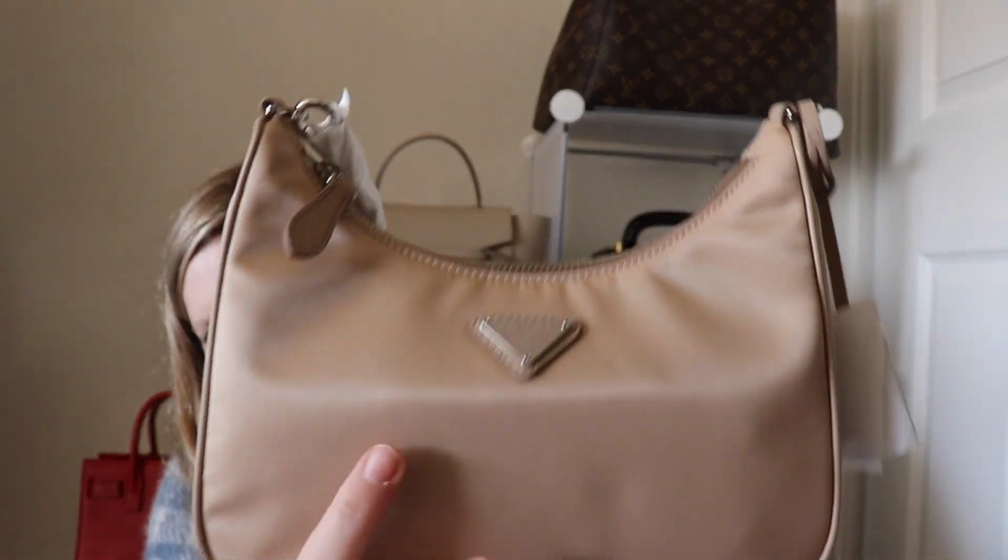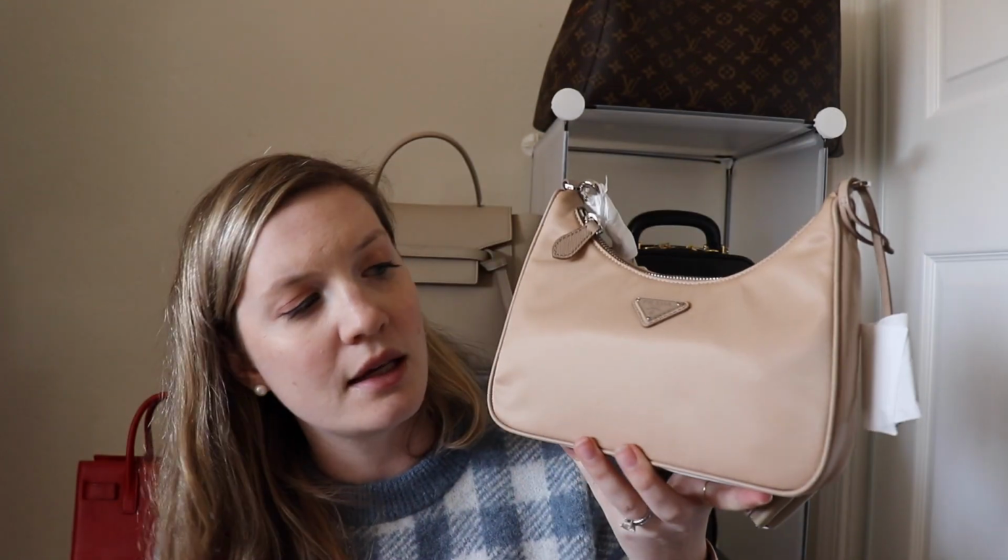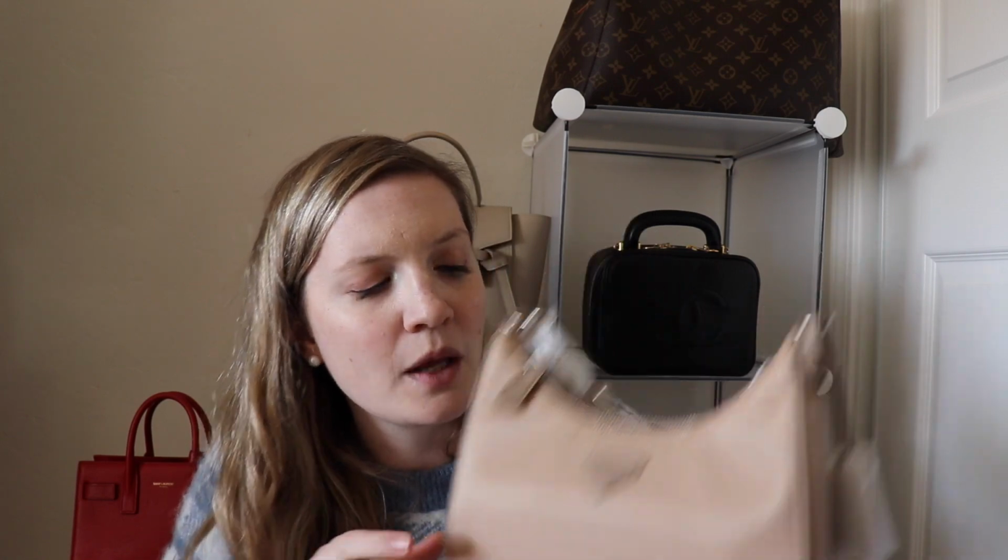So I got the Prada Re-edition in the beige color, and it does have silver hardware. Both the black and the beige have silver hardware. I actually don't know if I've seen the Re-edition 2005 that has gold hardware. But as I said, it is all still wrapped up. It does have the long crossbody strap and the little,